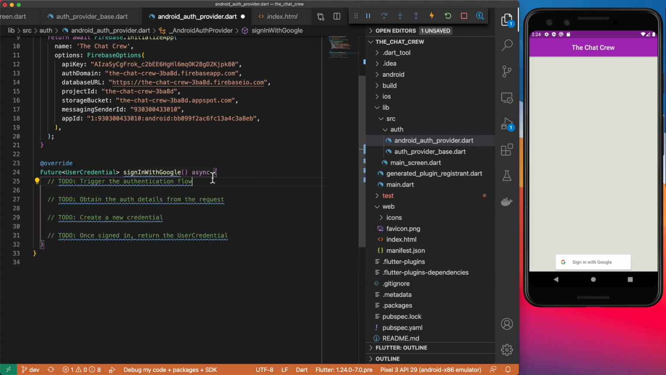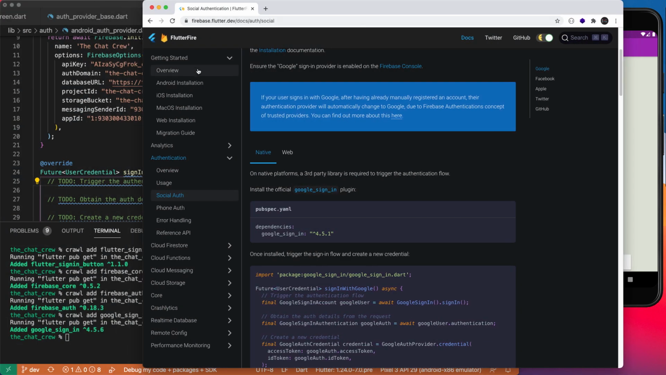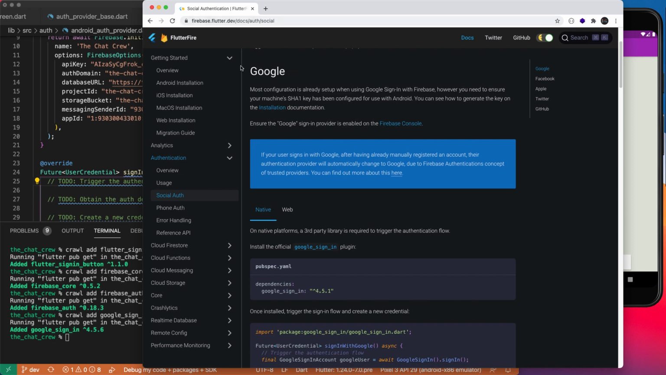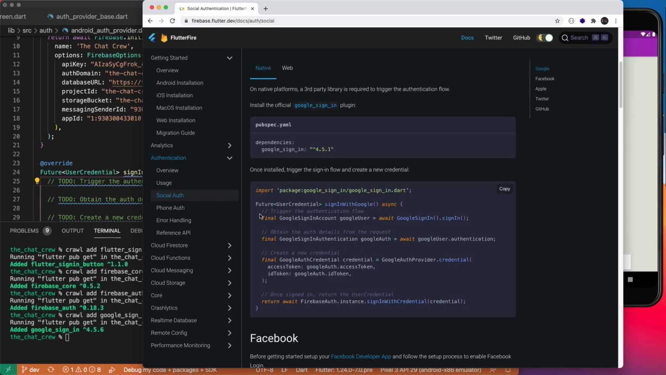To implement our sign-in logic, our implementation is as follows. We need to trigger the authentication flow. And in order to do that, we actually need to install another package. So this is the Google sign-in package. And what Google sign-in does is it triggers the native authentication flow for Android. And then the logic for all of this is in the docs. So if you go to authentication, social auth, and then under Google, we've just done this. So secondly, we just need to